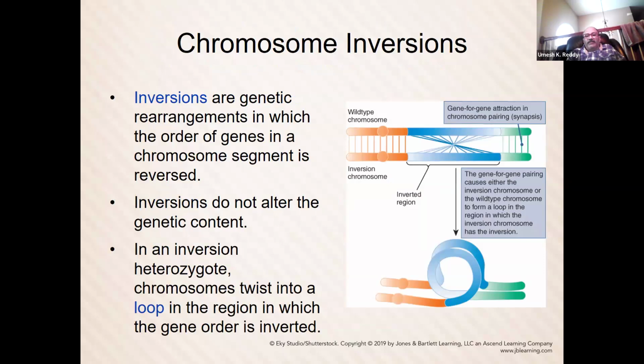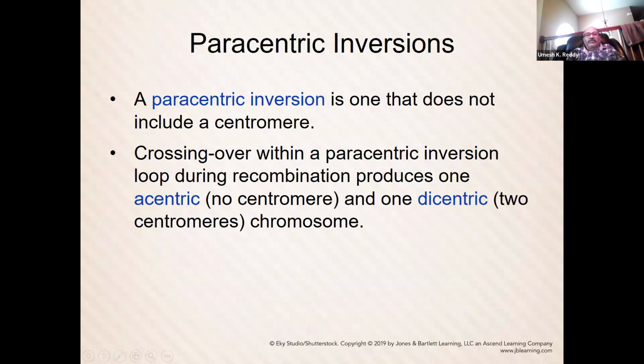And once it is inverted, one chromosome will be normally looped, normally bent like this, and the chromosome that has inversion will loop around so that the loci will match that are inverted and not inverted. So this can be paracentric or pericentric. If there is paracentric, that is